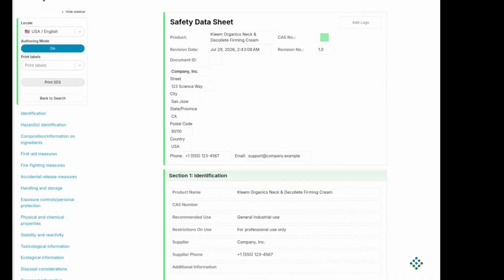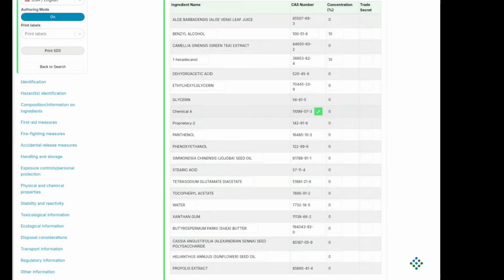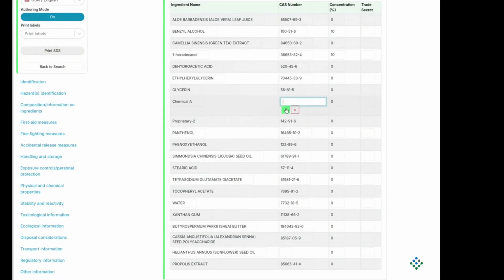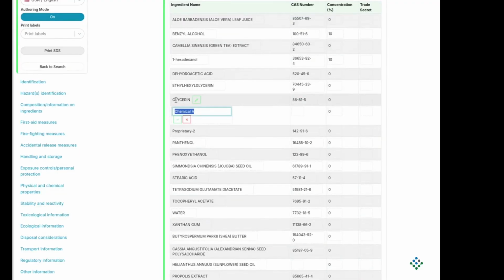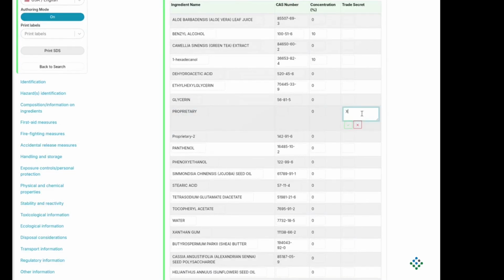Once the SDS is built, you can choose the Authoring mode to customize the SDS. You can add your company logo, address, and special instructions about the product. Suppliers can choose to keep some of the ingredient identification secret by removing the CAS number and by renaming them to proprietary. This allows them to hide the identity of their proprietary ingredients while taking into account their toxicity while predicting the